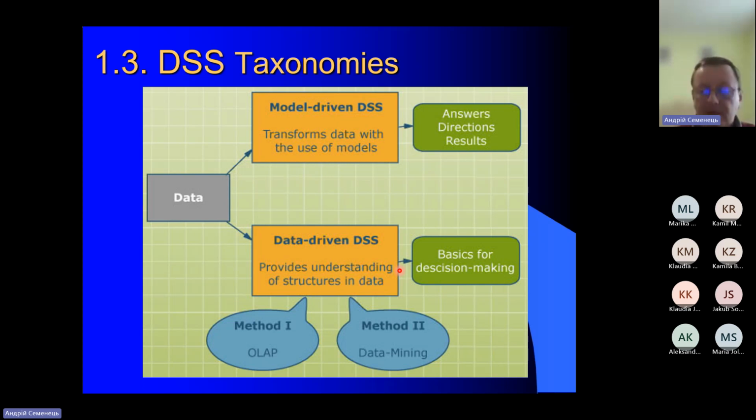It's a good kind of summary for a data set, whereas model-driven DSS could usually provide recommendations, text statements, and so on about features retrieved from data, like a medical diagnosis suggestion based on some key values obtained from